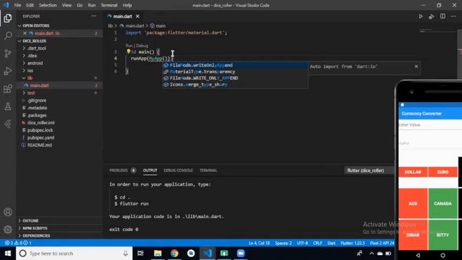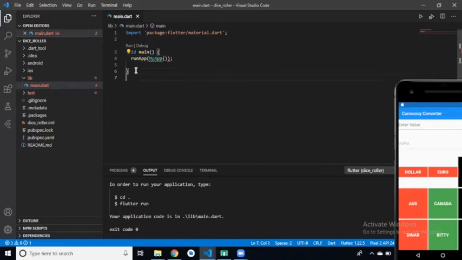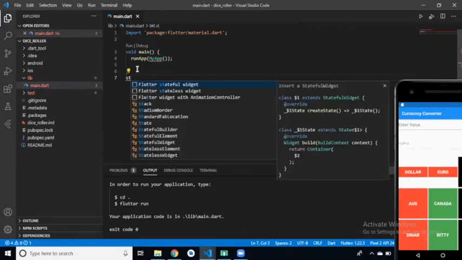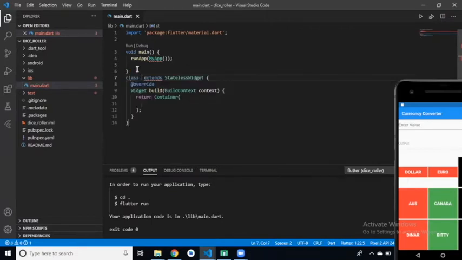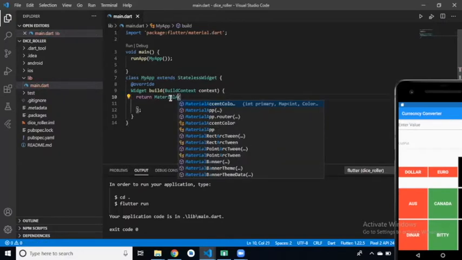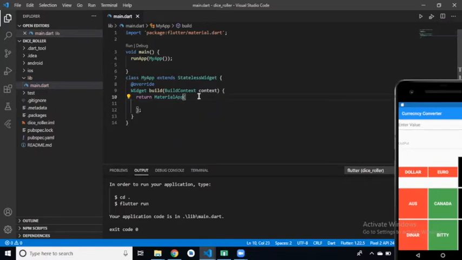Yes. Then we have to create this MyApp class. Is this a stateless or stateful class? Stateless. Stateless class, that is MyApp. And in this class we have a MaterialApp. In MaterialApp, first debugShowCheckedModeBanner false.